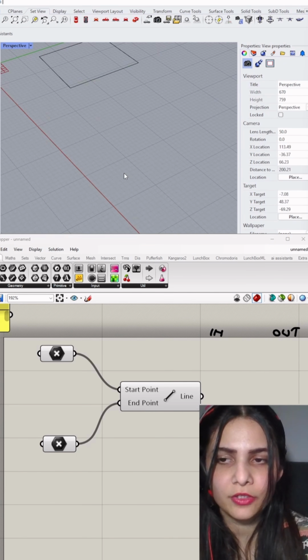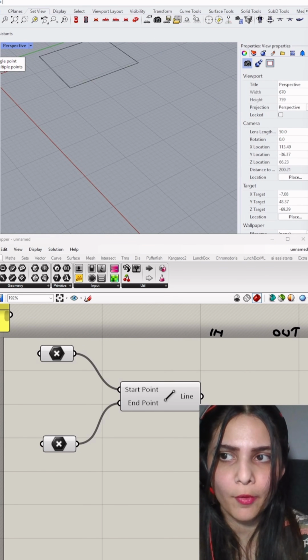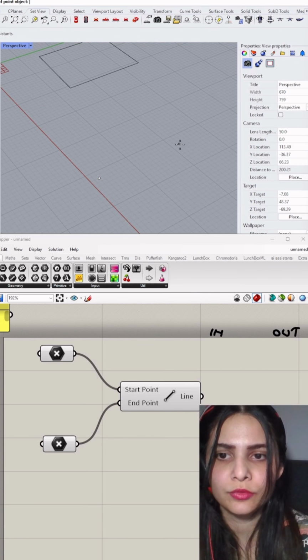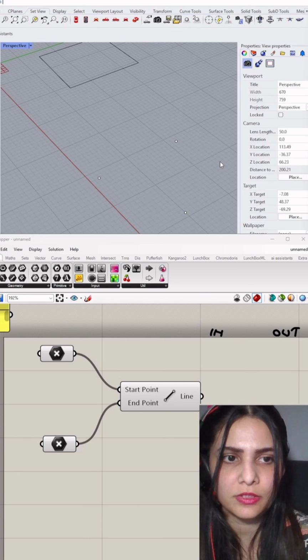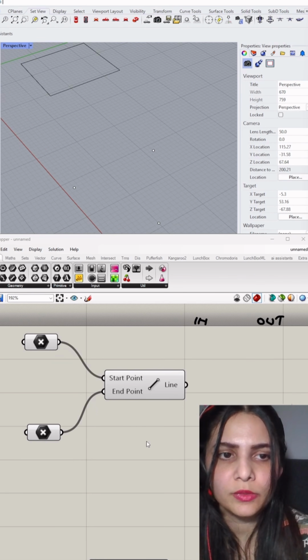What you'll do is you'll come to your Rhino screen. You will go to a point in Rhino. The point, you'll select the point icon and you'll just put in 2, 3, 4, however many points you want to see. All right. And then you will come to Grasshopper